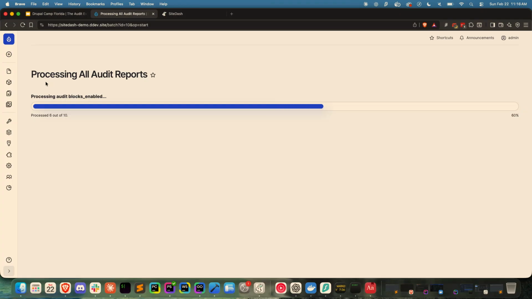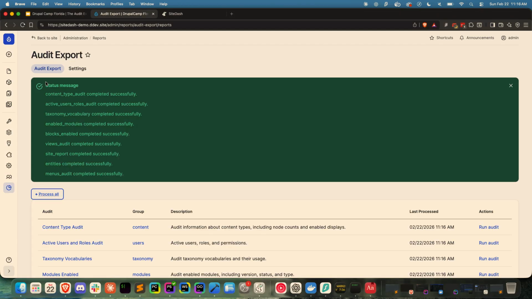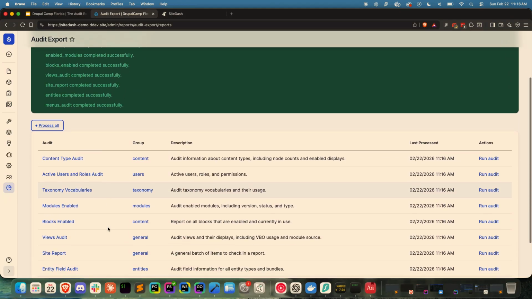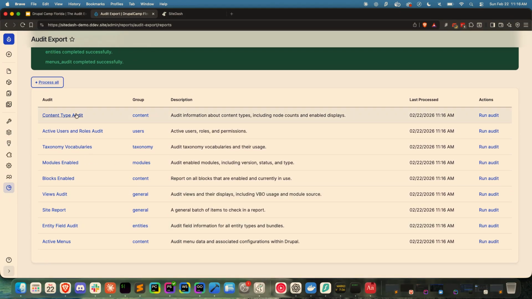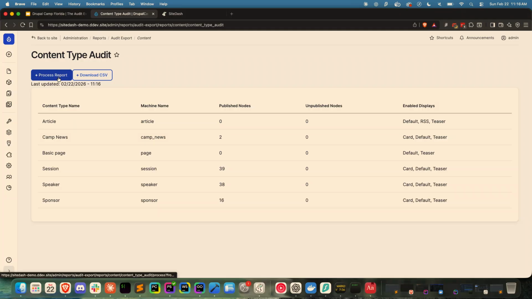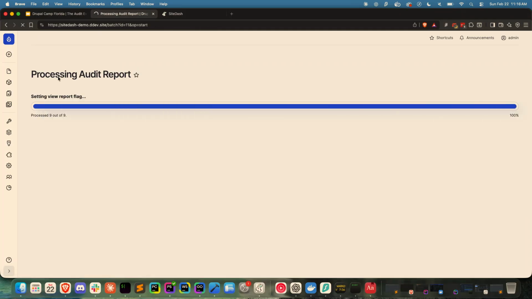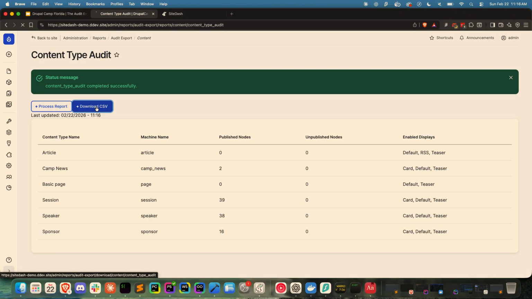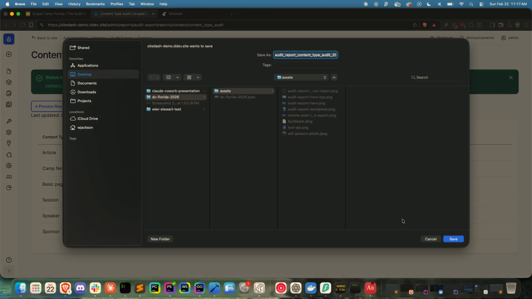I just sort of YOLO'd. I got all of the reports in that moment. But you can also go into each particular report and run them one by one. It's up to date, and nothing has changed on the site since I last ran it, so we don't need to go through those reports again. But just as a high level, if you need to process a single report, you can do that here. And then you also have the ability to download a CSV of this information,